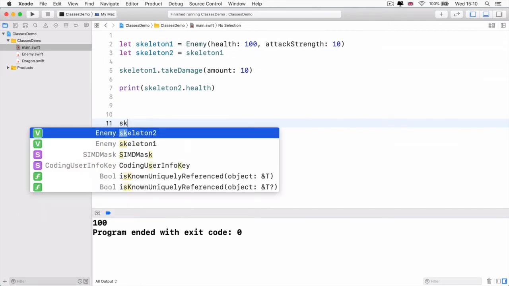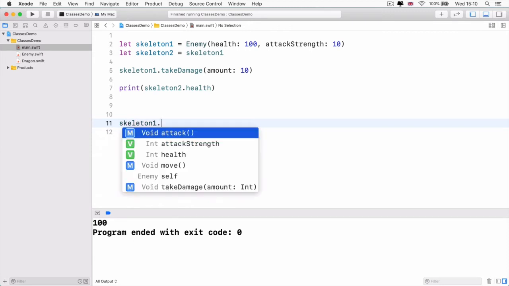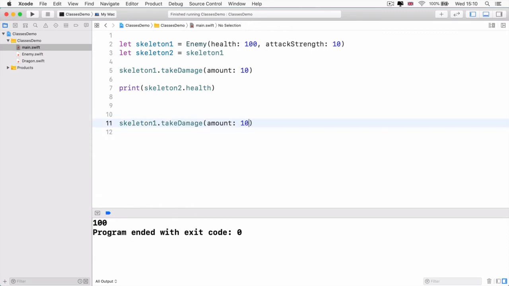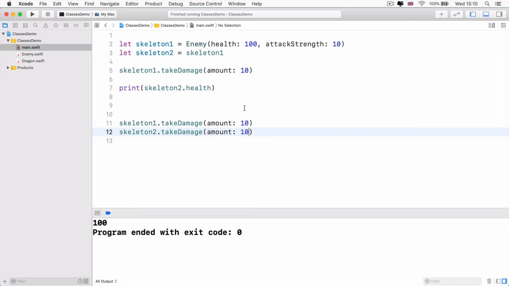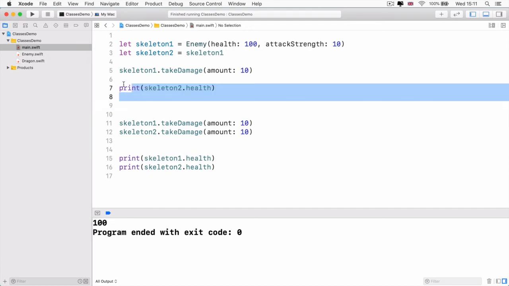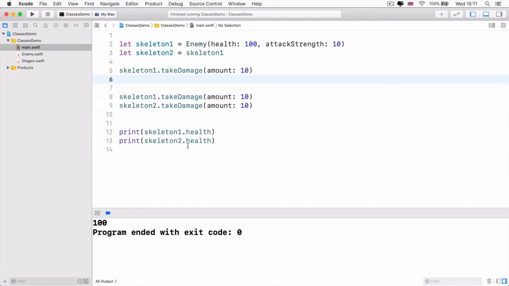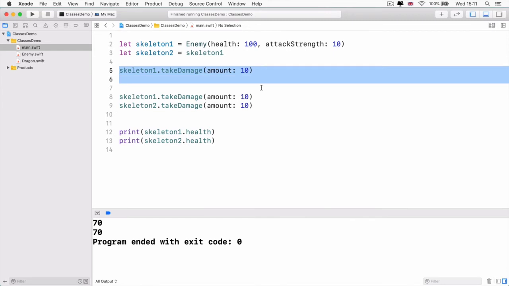And if we manipulate that object from skeleton 1, say take some damage of 10, and we manipulate the object that we think is a separate object, we take some damage. Well, actually, what ends up happening at the end of the day is that both of these things are referring to the same thing. So if I go ahead and print my skeleton1.health and skeleton2.health here, you can see that they're both going to be the same, and they actually in total took a total of 30 damage,